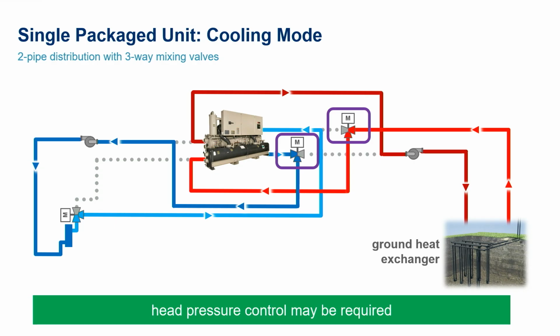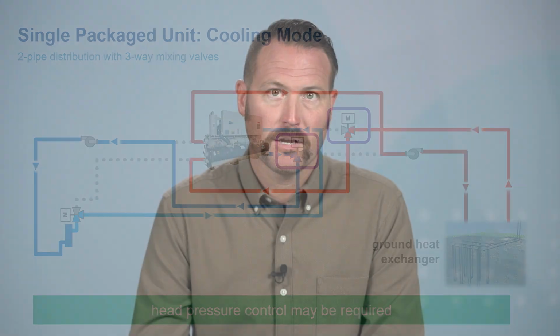Capacity turndown should also be considered here, as with any single unit application. One design aspect we need to touch on here is head pressure control. This control is required when units are operating in cooling mode and the available geothermal fluid is cold or below a minimum entering temperature to maintain the required compressor pressure differential. This can commonly be achieved via pump speed control or throttling valve and may be a standard feature for some